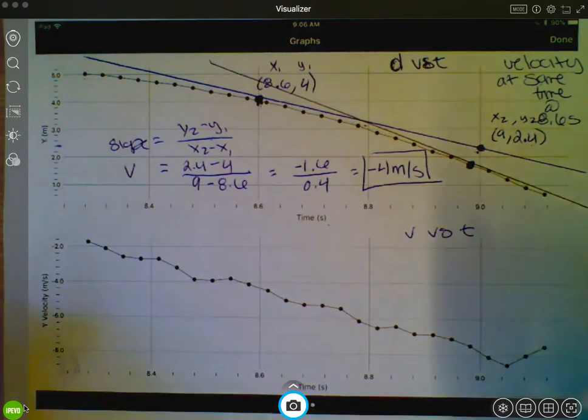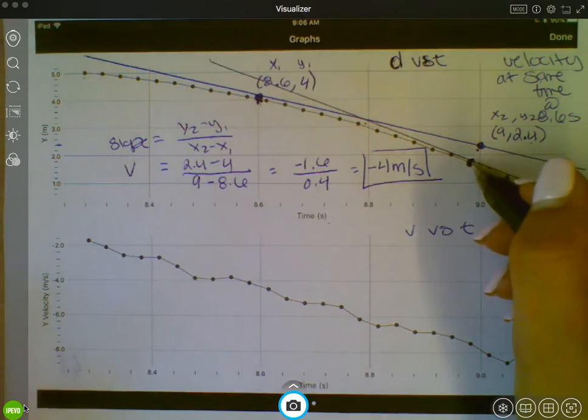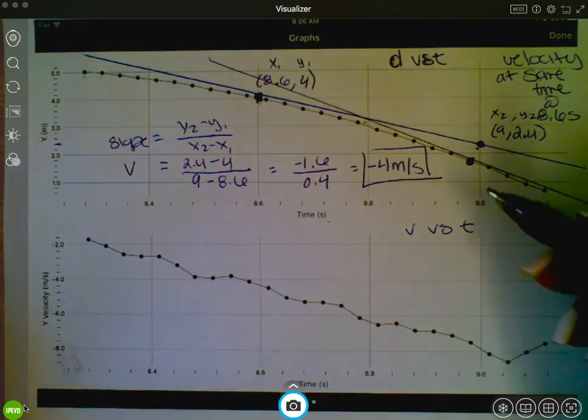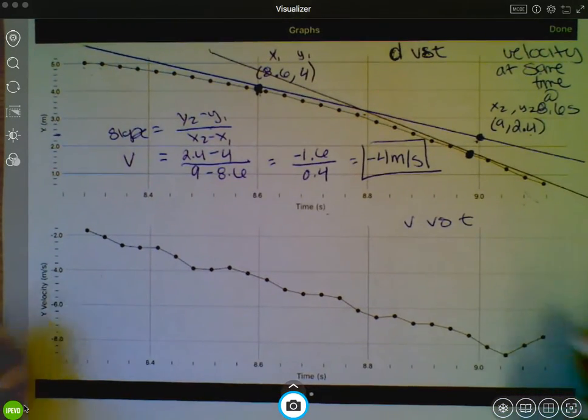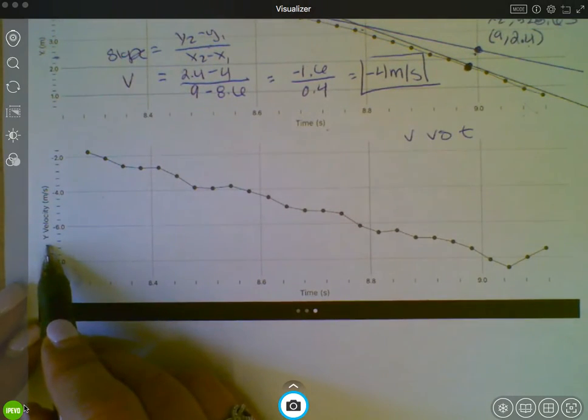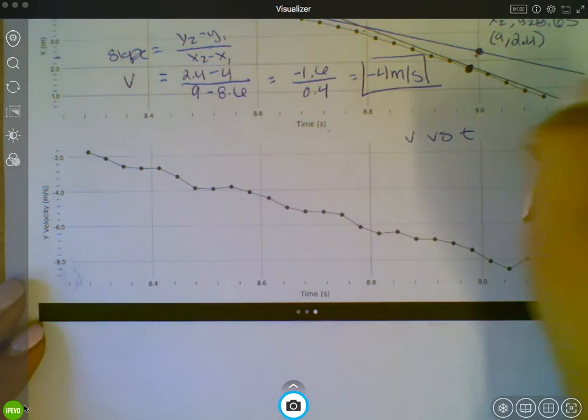Okay? But if you did that, if I asked for this time, you just do the exact same thing, but you'd pick 2 points on the black line instead and do the same exact slope equation. Okay? Now, this is the V versus T graph, the velocity versus time graph, and this is where we're going to find our acceleration. So if we want the average acceleration,